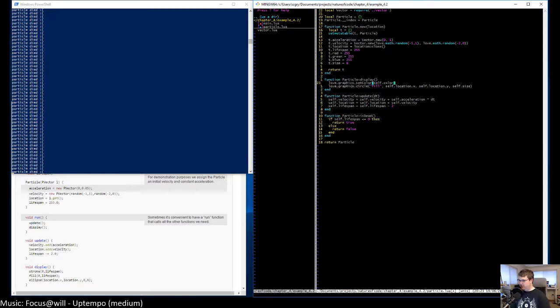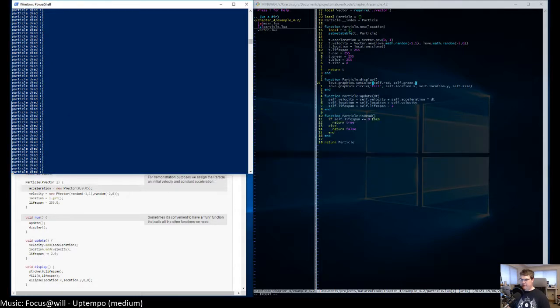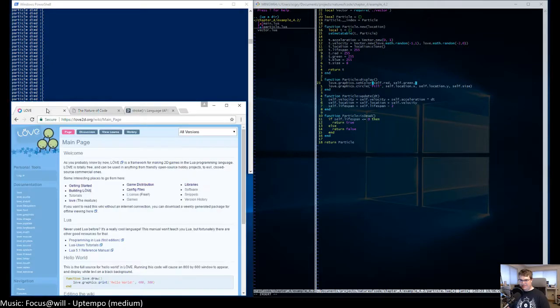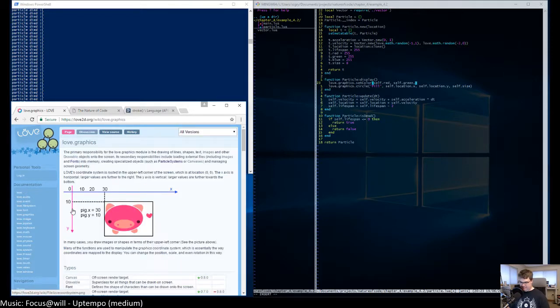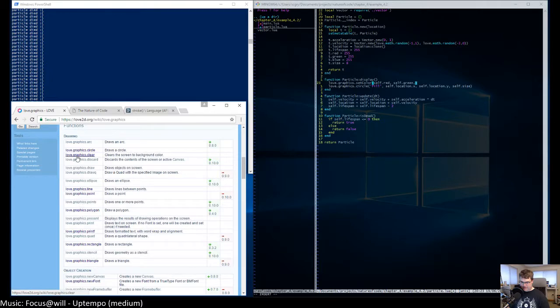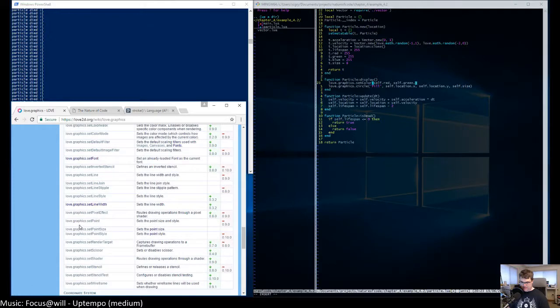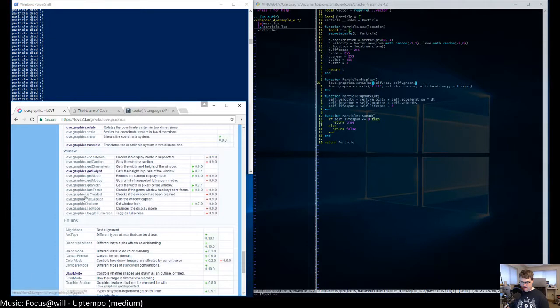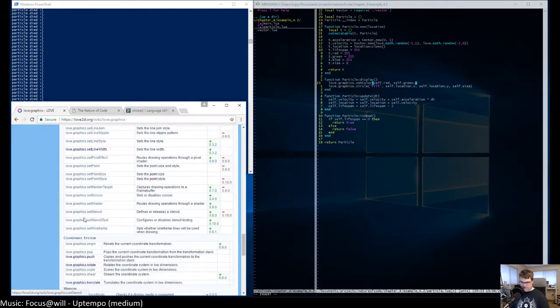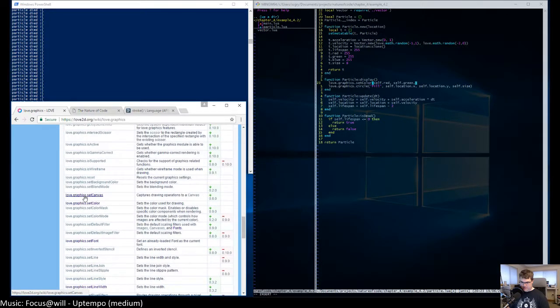Okay, now in this self color, we can change this, say self dot red. Does set color actually take three things? I now forget. I'm second guessing myself for this. All right, love dot graphics set color.